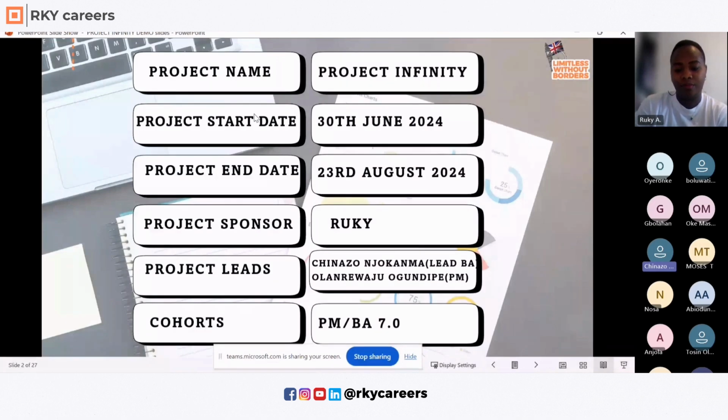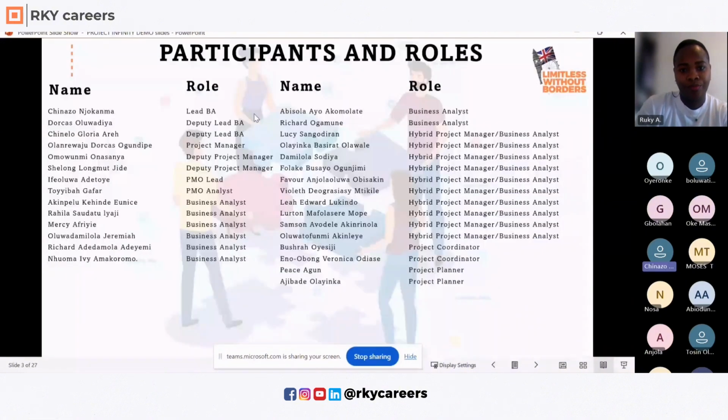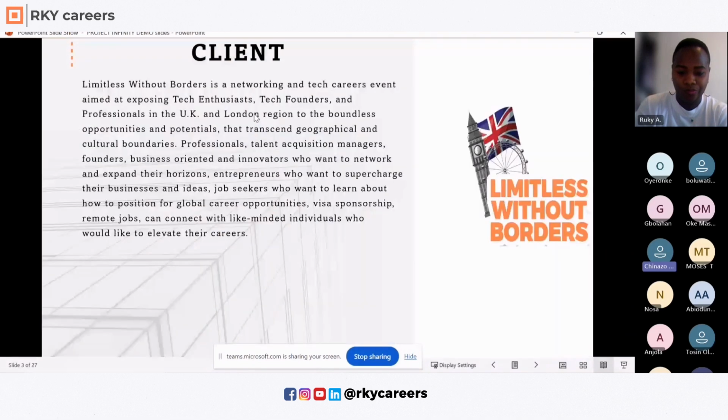We're the 7.0 cohort of the PMBA program. This slide talks about the participants and their roles. We had the lead BA, the PM, business analyst, PMO analyst, hybrid PM and BA role, project planner, the coordinators, and our clients with Limitless